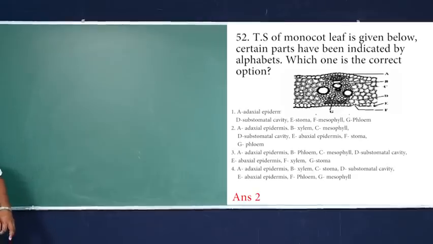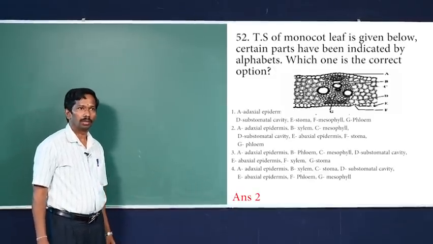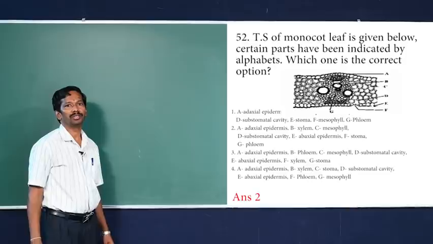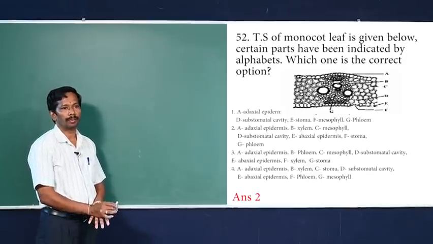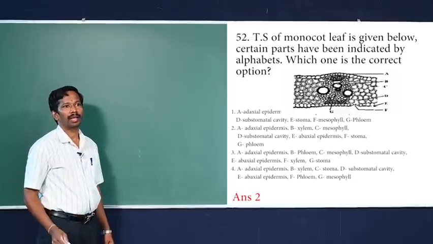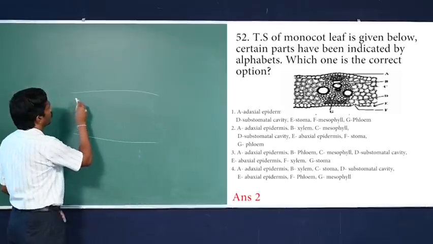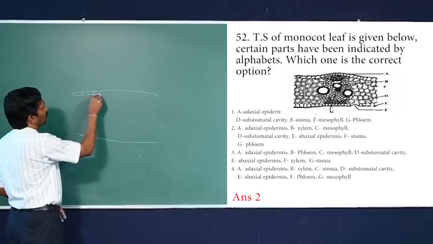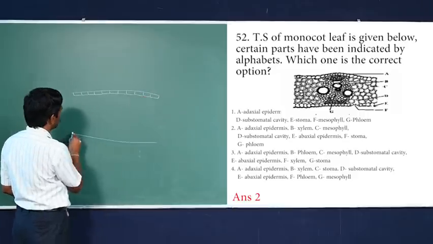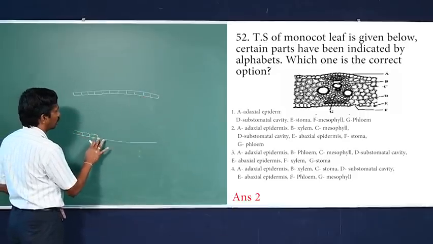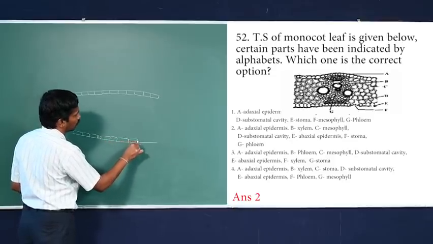Two tiers of a leaf have been given, containing different parts labeled A, B, C, D, E and F along with G. So the answer is represented by the second one: adaxial epidermis, that is upper epidermis, having lesser or no stomata, and lower epidermis having interruptions due to the presence of stomata. So the condition is hypostomatic